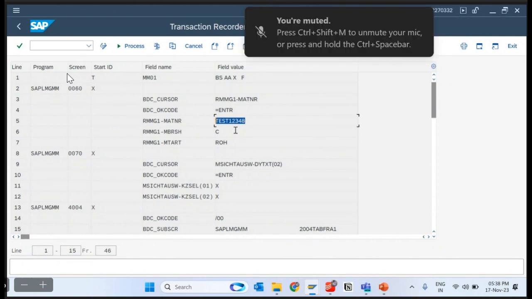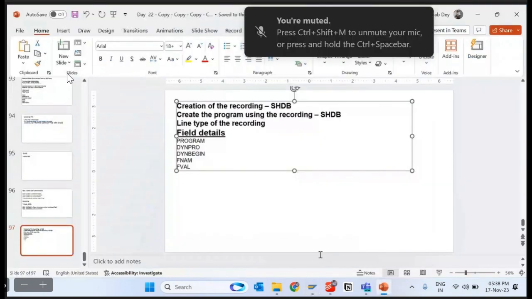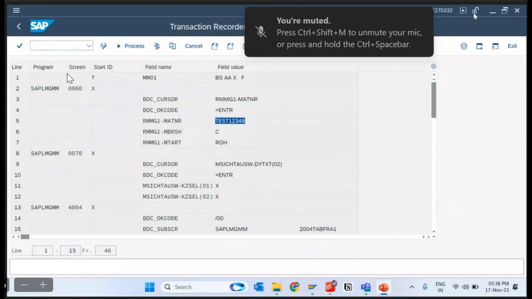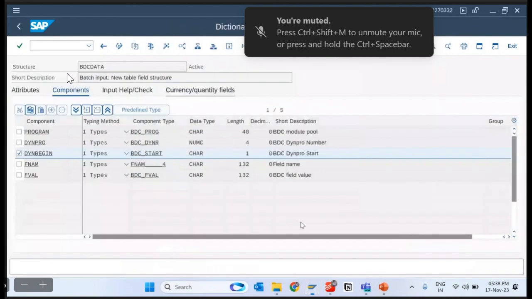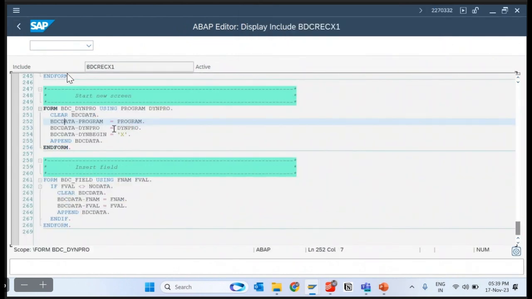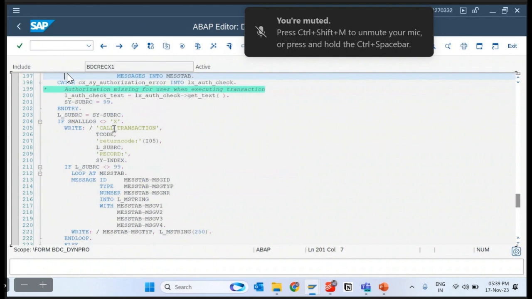Everyone, is it clear? Or only two people understood? Okay. So now if I go here, I need an internal table with these five fields. Okay, so that's fine. Then second thing is, if we see here,